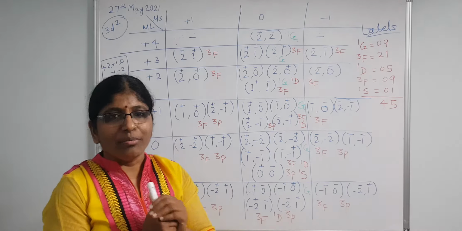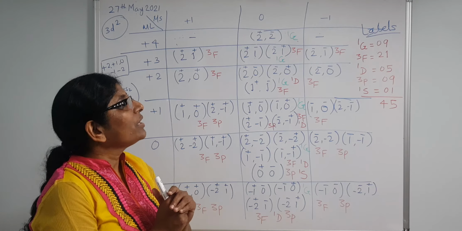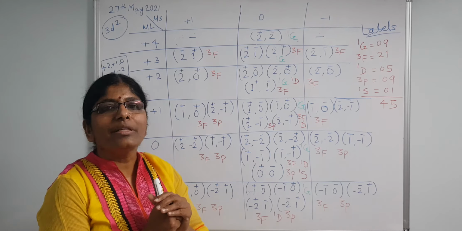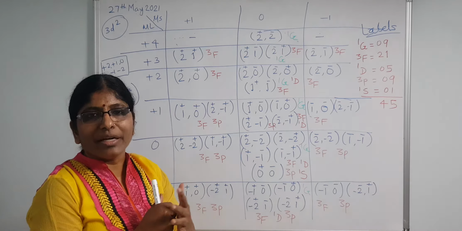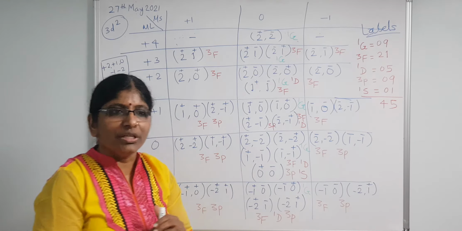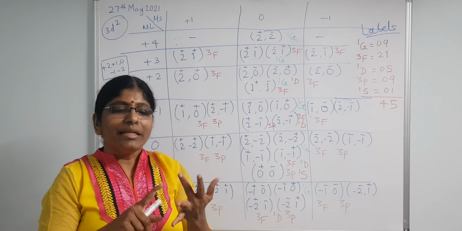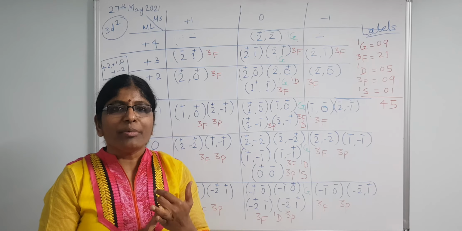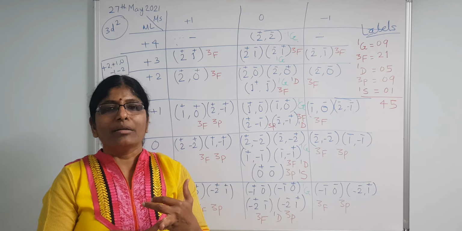Now the last step remains, which will give you 1 mark when there is a subjective examination. We have derived 5 RS terms for this 3d2 configuration. But from this, which is the ground term, and how do we decide? That we decide on the total spin multiplicity. First we have to consider total spin multiplicity, and then as the second rule you have to consider the maximum orbital multiplicity. So keep in mind always there is first spin multiplicity, then maximum orbital multiplicity.